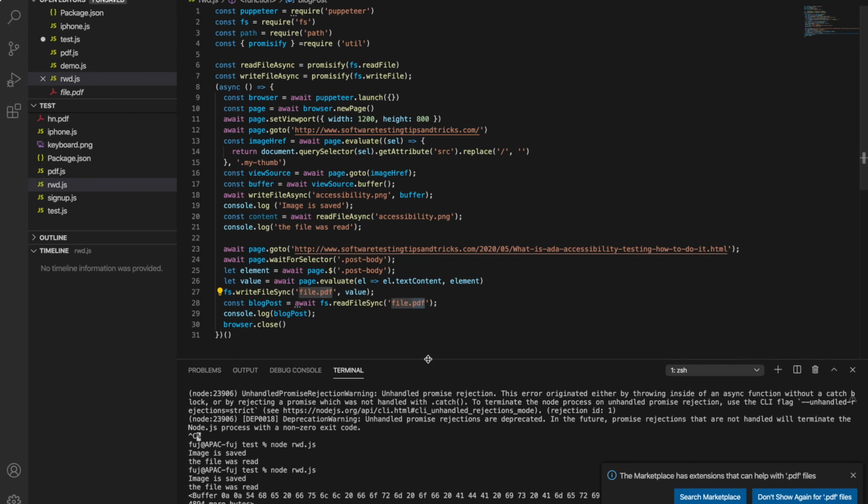Let's try with text first. So I am writing text here. Import like file was read.